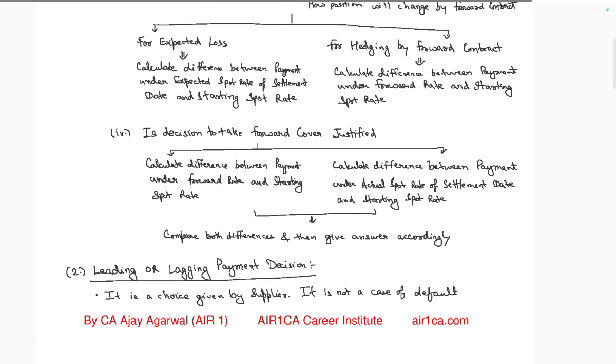Is the decision taken, forward cover, justified? Calculate the difference between the payment under the forward contract rate and the foreign amount of actuals for